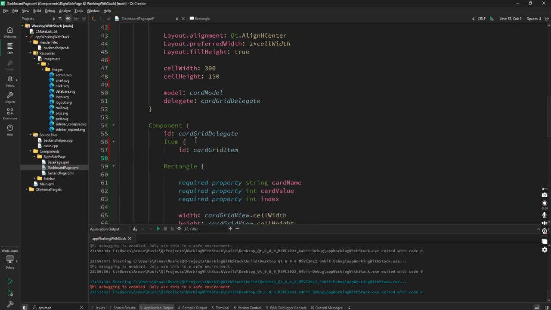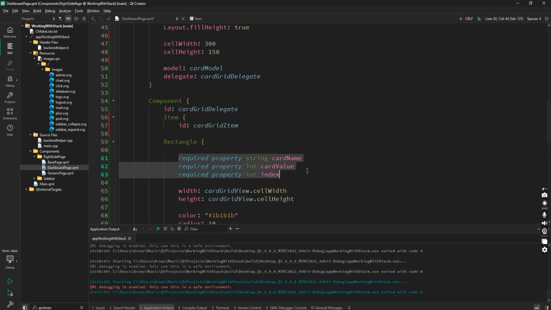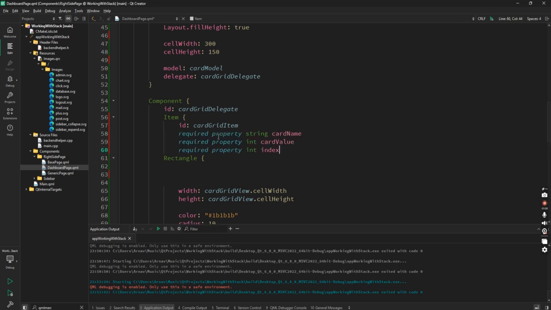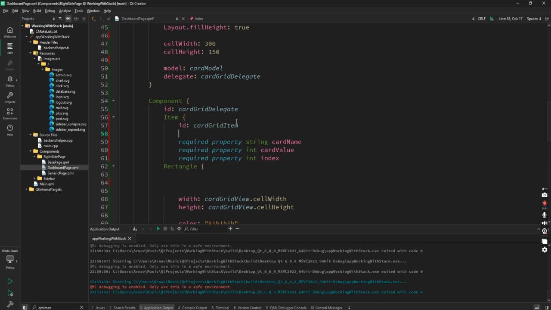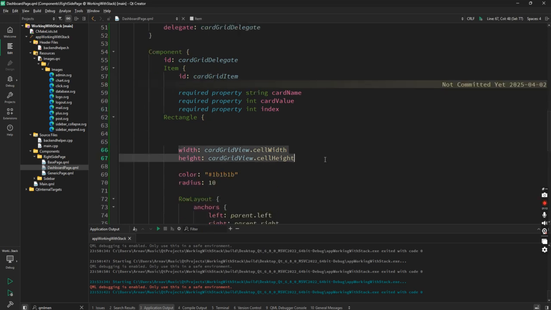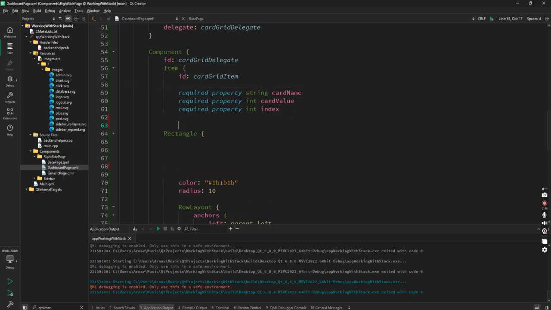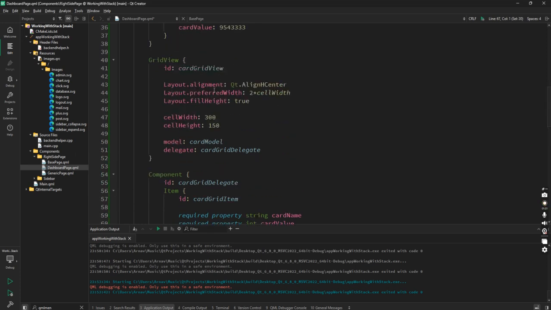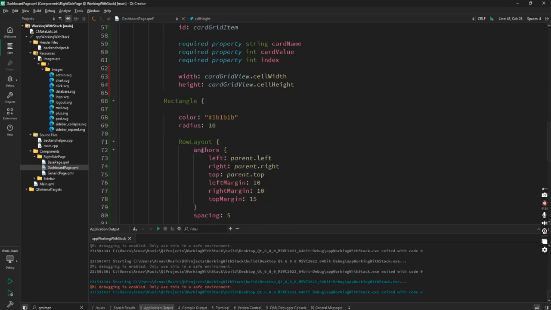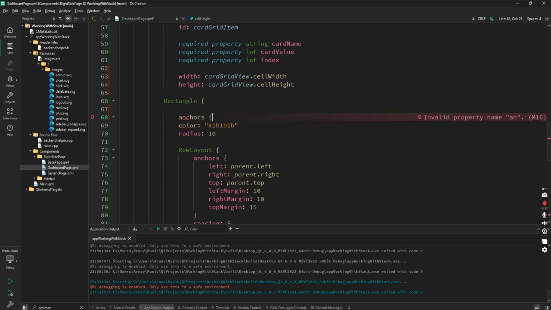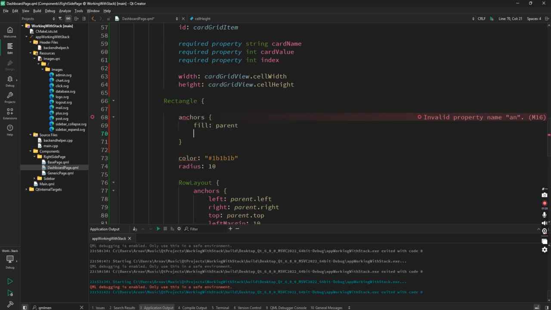Change the ID here. All the required properties will also go to the item, because the item will directly get the required properties, and the width and height of the item will be equal to the cell width and cell height, right? And what is the cell width, cell height? This 300 and 150, right? For the rectangle, I'll say anchors fill parent, margin of, let's say,